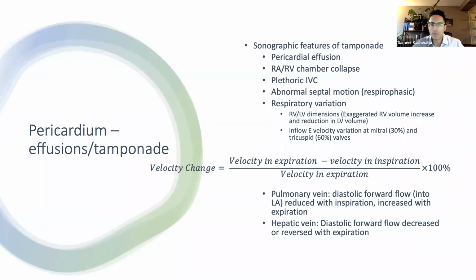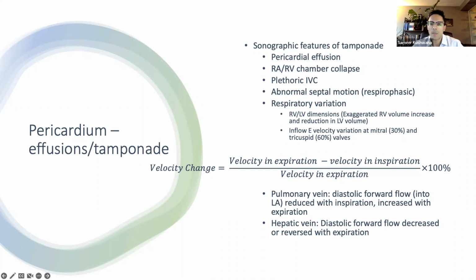There's many sonographic features of tamponade, some of which were described in that last echo. So certainly a pericardial effusion has to be present. It can sometimes be difficult to differentiate from pericardial fat or a pleural effusion, depending on how good the images are. We often see chamber collapse, most commonly in the right atrium, which is the most sensitive feature in terms of chamber collapse. And we sometimes see right ventricular collapse in diastole, which is relatively insensitive, but a more specific finding of tamponade. On occasion, we'll also see left atrial or left ventricular collapse, but they're very rare, but quite specific for tamponade if they occur.